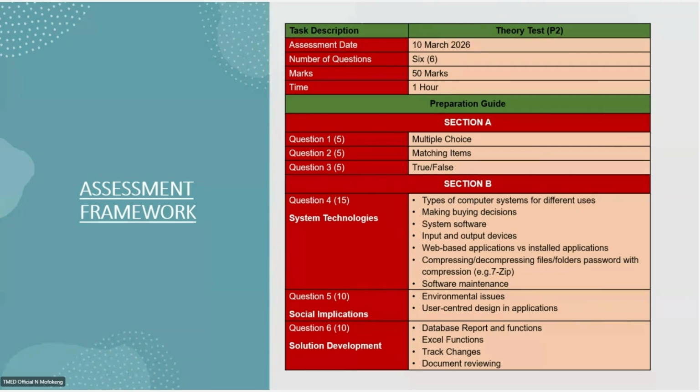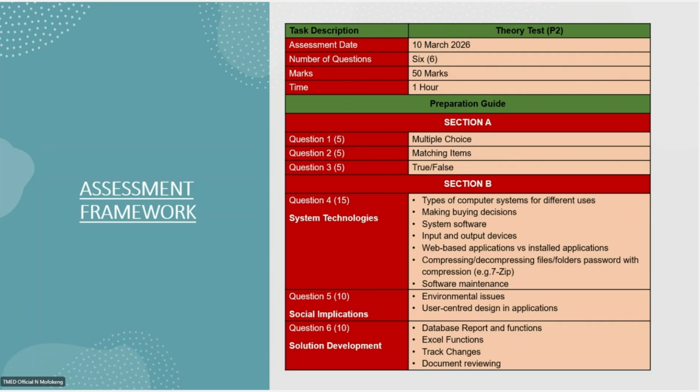Thank you. Now, question 6 is actually the solution development. That is where you'll have the practical questions, but in theory. So it is very important that you not only know how to do things in practical, but you should also understand them, because in theory you'll be expected to write them without actually having a computer in front of you. So the first bullet on the solution development is database report